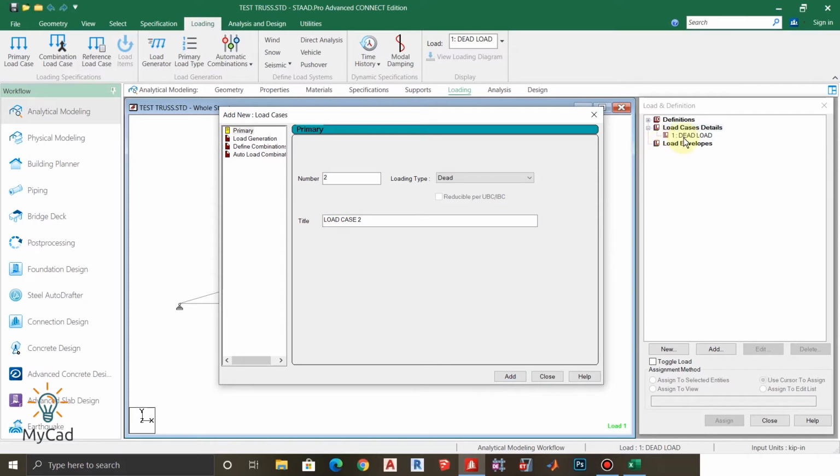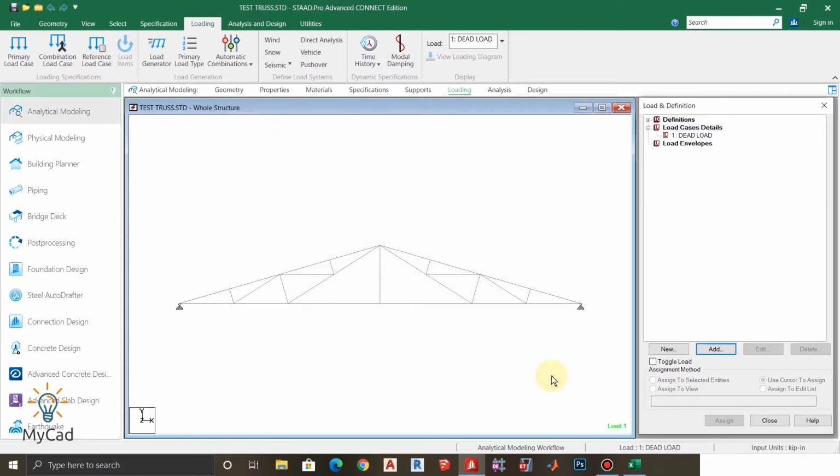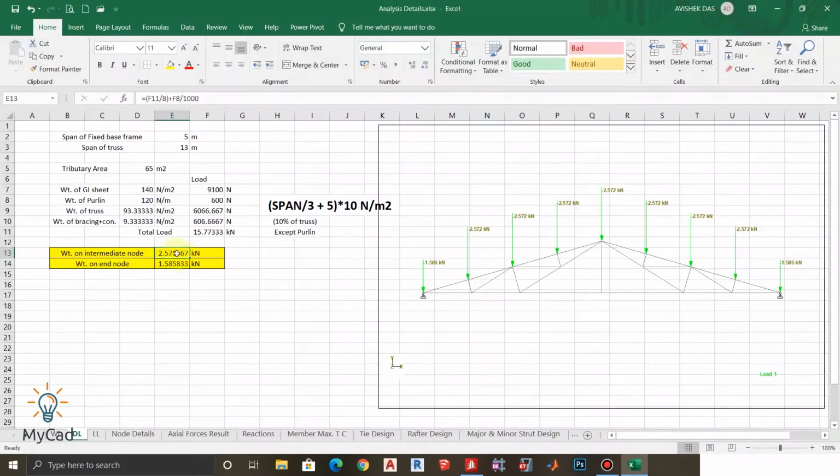And here you can see our dead load case is created, and I'll close that. And now under dead load we will add these two loads as nodal loads acting downward.